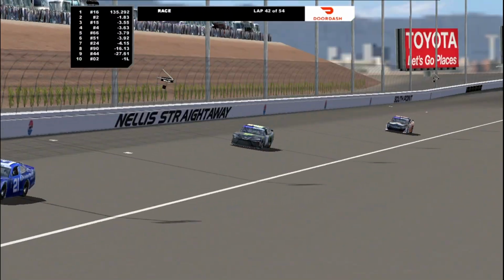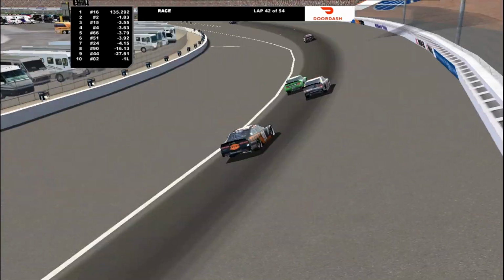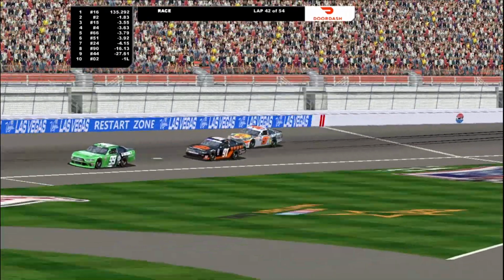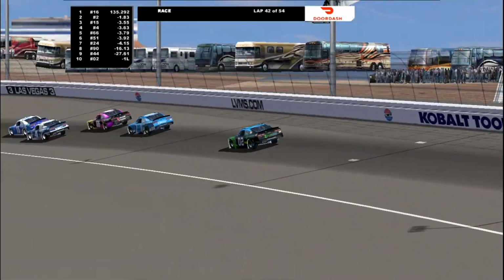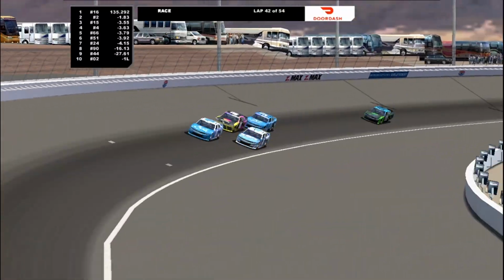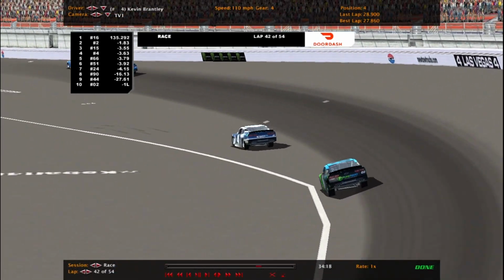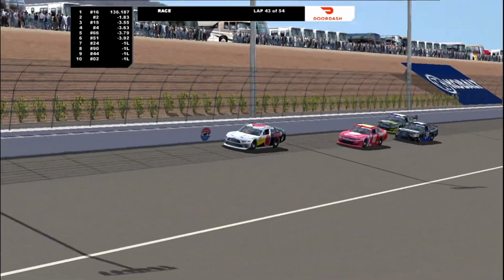Fitzwater Sr. has won a bunch of races here in the Busch Light Series. Well, not really a bunch. He's won 2, but it's been a while. Fitzwater's no stranger to winning. We know that. It's been a while for the Australian, as now here comes the 4 of Kevin Brantley going down pit road. He's on a different strategy than everyone else, so